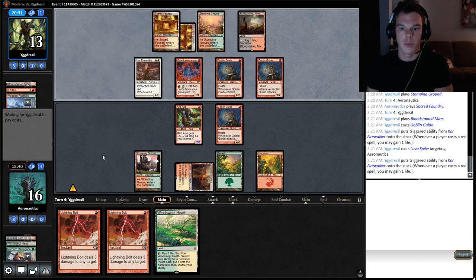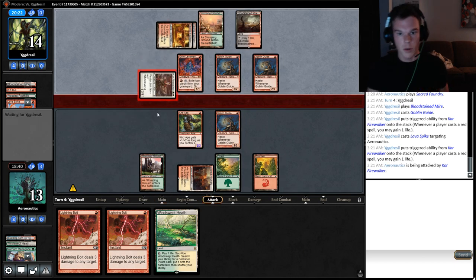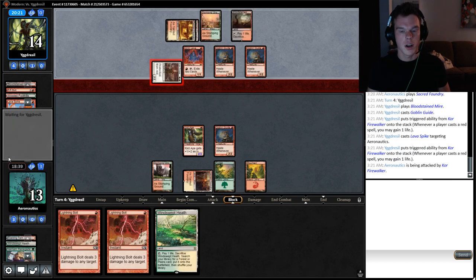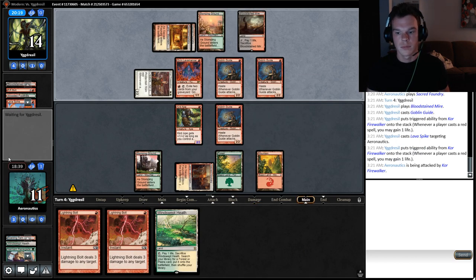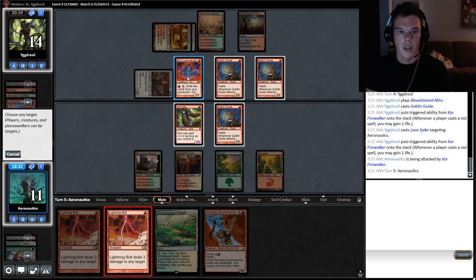So, yeah, this Core Firewalker alone, and I mean, this is why you play Core Firewalker. Essentially, it's a Dragon Claw on a creature that has protection from all their removal. Core Firewalker is stronger against us. Oh wow, that's actually not a bad draw. So, we can like bolt this